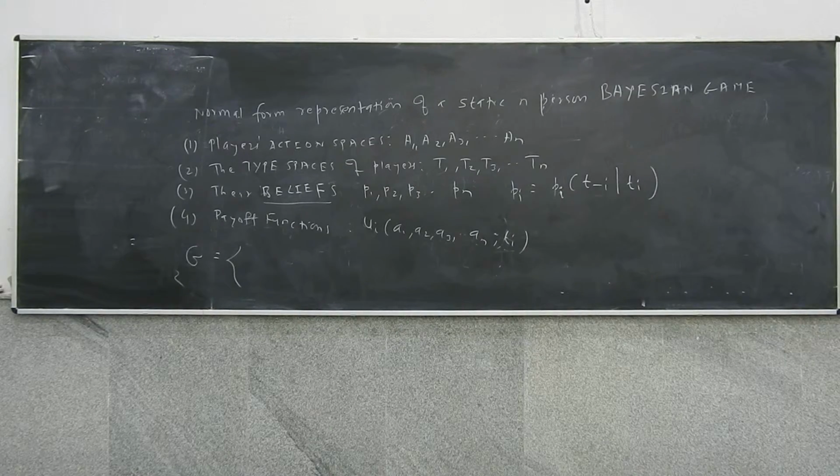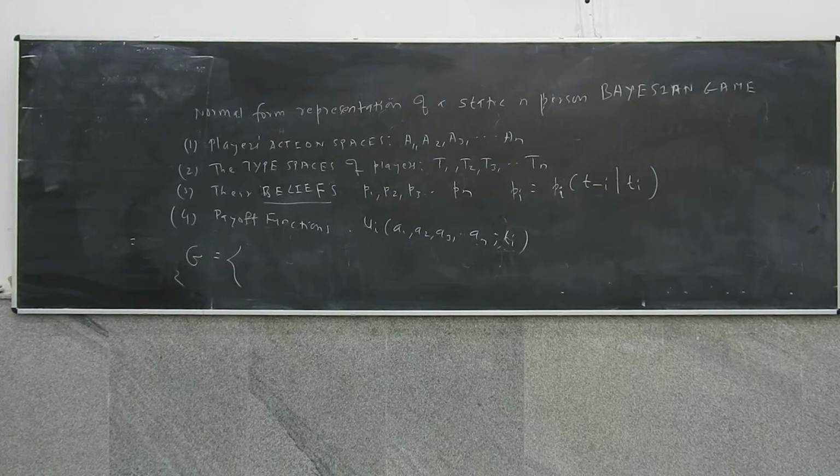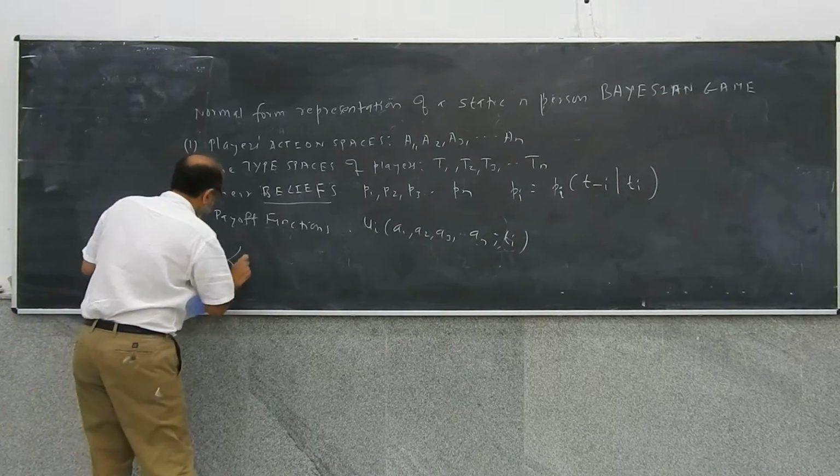Action is how much to produce. Given that you are of a certain type, how much to produce? And beliefs are the expectations of each player about the types of other players, given that that person knows his or her own type. And collectively, once you put all these things together, what you have is